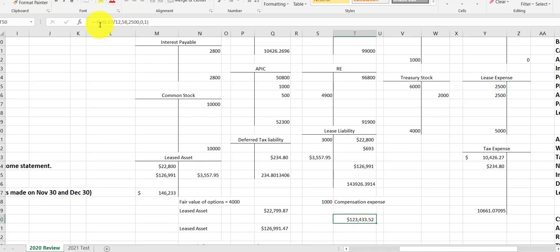And notice everything is the same except instead of 60 payments left, we have 58 payments. So we get a new amount, and we take the difference between the two, and that's a credit to the leased asset here and a debit to the lease liability. So that's how you do an operating lease. You record the lease expense, and then you calculate the new present value. And since we've just made 2 payments,